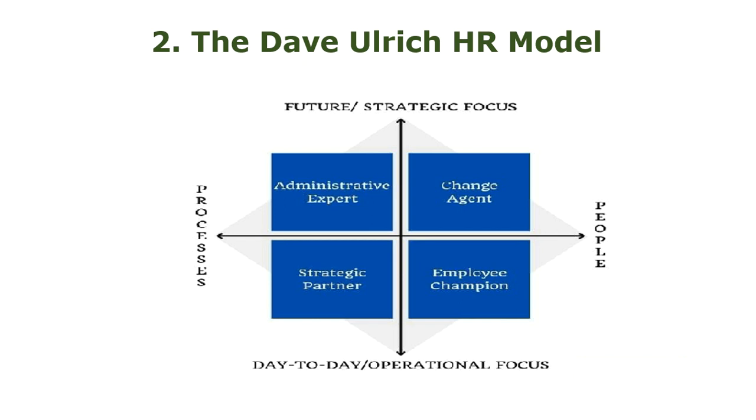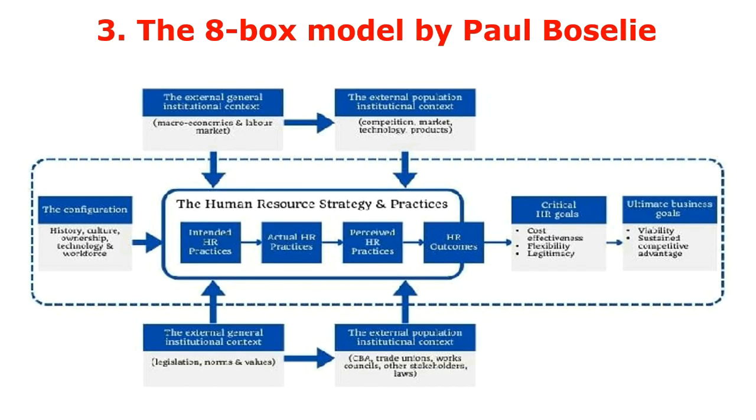Now the next one is the 8-box model by Paul Boselie. The 8-box model shows 8 boxes of factors that intervene to lay the foundation of the HR department. This model can be best explained by analyzing its diagram structure. The configuration box describes how the company's history,